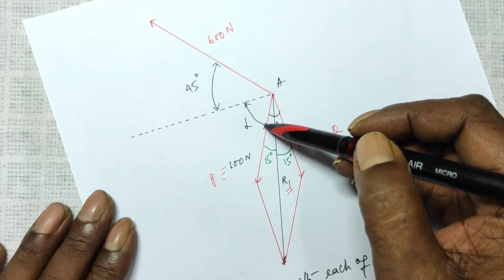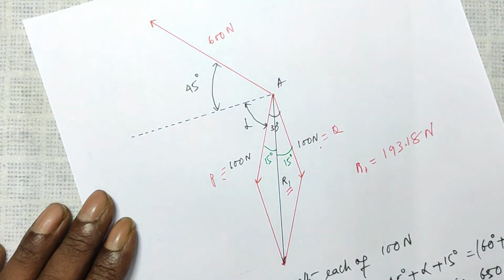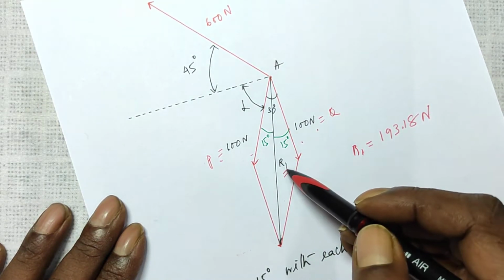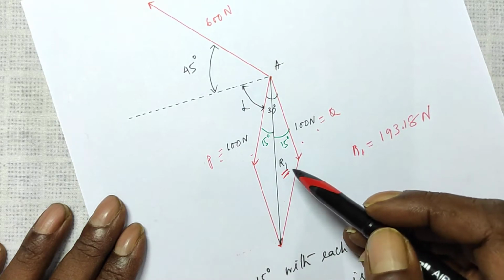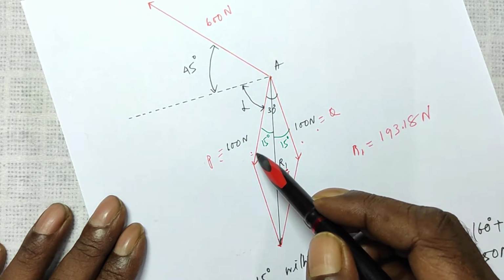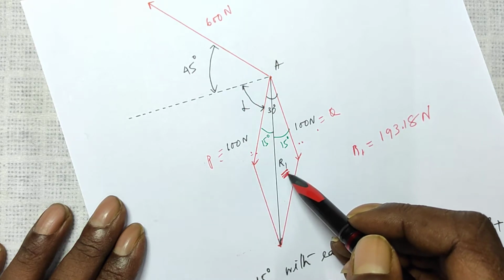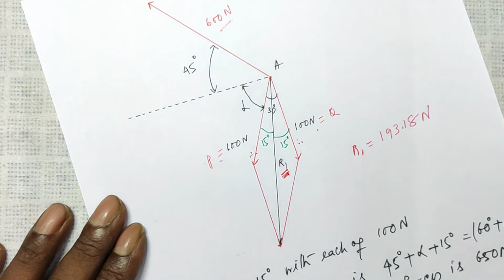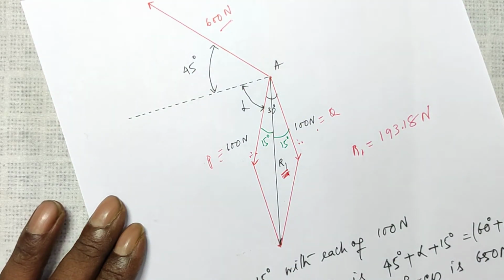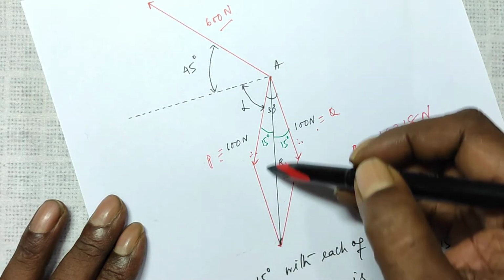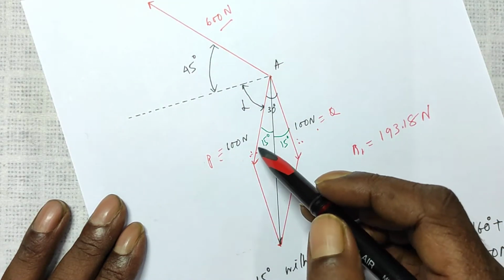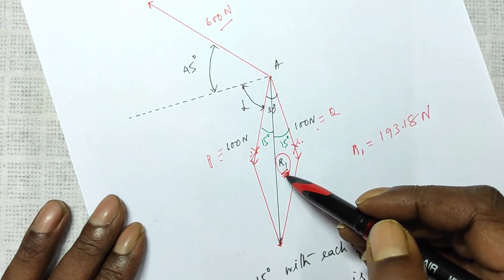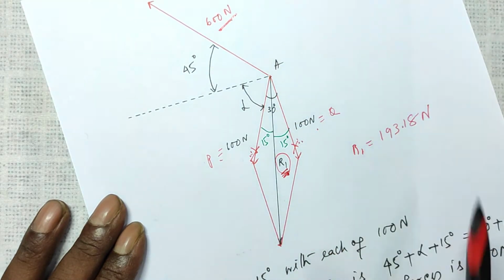This is the same thing as alpha to be found out. This is your 600 Newton. Now, since we have considered the resultant of P and Q and it is found out to be R, therefore instead of considering P and Q, the resultant R1 can be considered. Means the resultant of P, Q and 600 Newton will be the same as the resultant of R1 and 600 Newton. Means you can replace P and Q by a single force R1 and take the resultant of R1 with this 600 Newton.